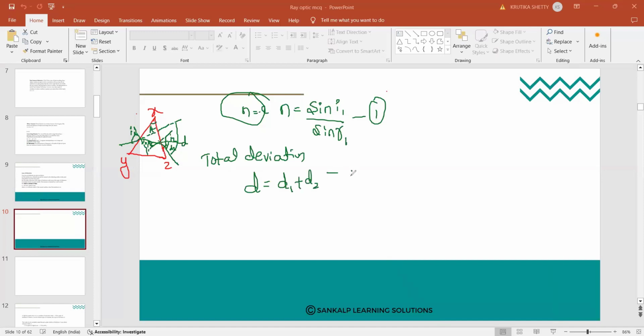So this is our second step. From the figure, the total deviation is given by D1 plus D2. Now if you see the figure, D1 can be written as I1 minus R1, and D2 can be written as I2 minus R2. I'll explain how it will come. As you can see from the figure,